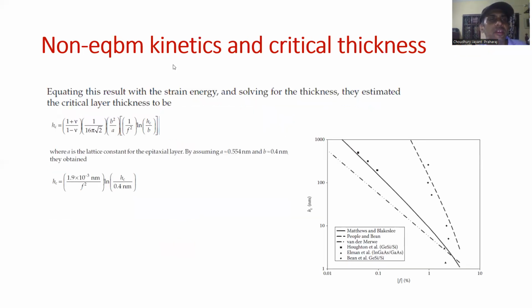However, the non-equilibrium kinetics can affect the critical thickness, and they can be much different from what is predicted by these equilibrium theories. So we have these elastic parameters, dislocation dimension parameters, and Burgers vector parameters that enter into determining these critical thicknesses. And then we need to keep in mind that when we have quasi-continuous grading, the critical thickness can vary from these abrupt heterojunction critical thickness predictions. So those all need to be kept in mind while